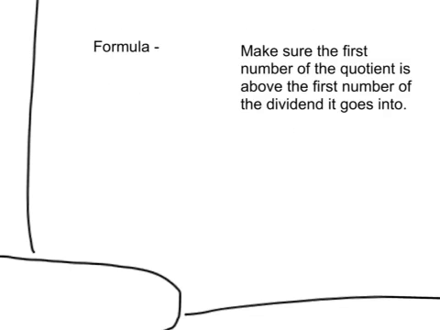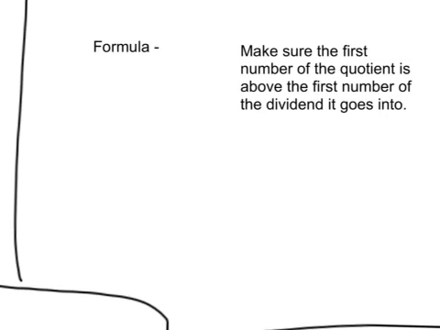In the upper right-hand corner, please write, make sure the first number of the quotient, the answer, is above the first number of the dividend it goes into. What do I mean by that? Take a look at this problem. 5